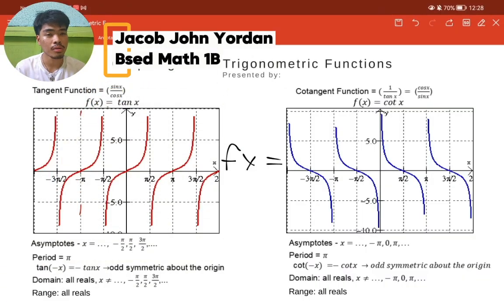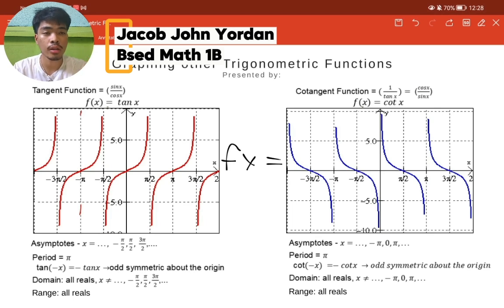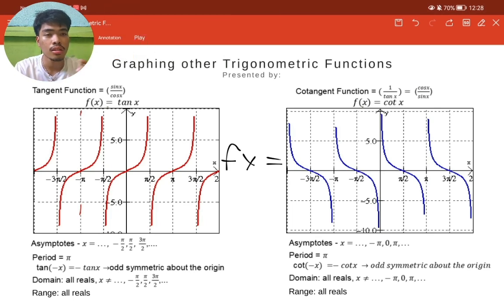Okay, let's start by looking at the four fundamental trigonometric functions beyond sine and cosine. Each has its own distinct shape, behavior, and specific rules for its domain and range. Tangent and cotangent. The tangent function. Think of a tangent as a series of repeating upward climbing curves from left to right,